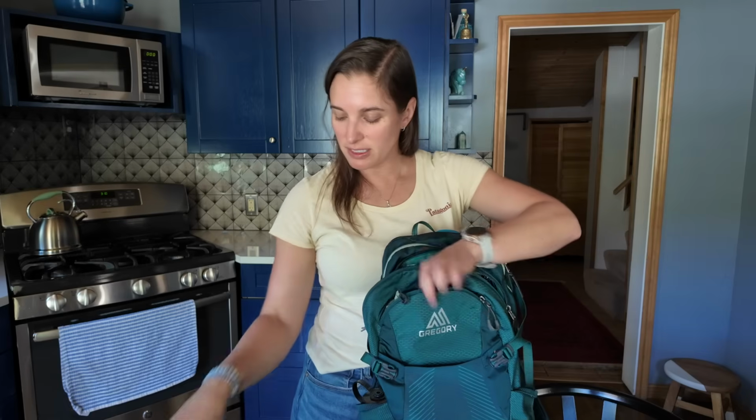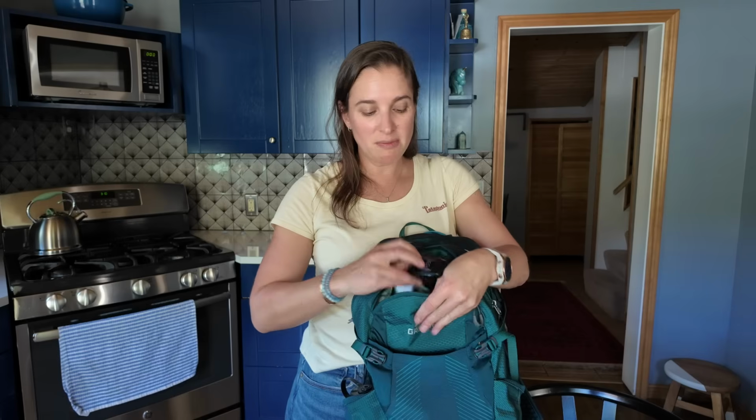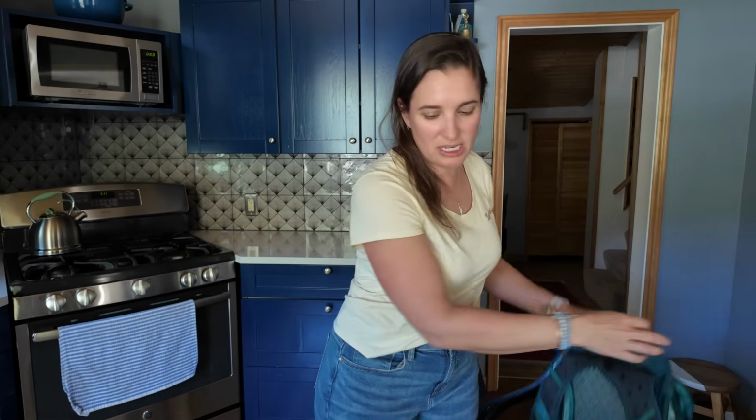My wallet goes in this top little section here, and my car keys. I always clip them in because you don't want them to randomly fall out on the trail and then you get back to your car and you're like, where the heck are my car keys? And the last piece of identification I have, which I will have to run and get, hold on, is my